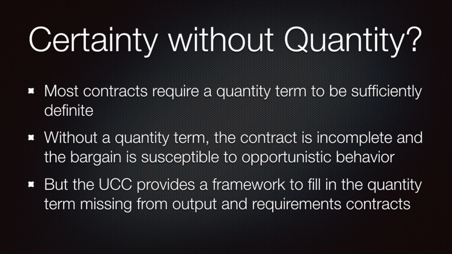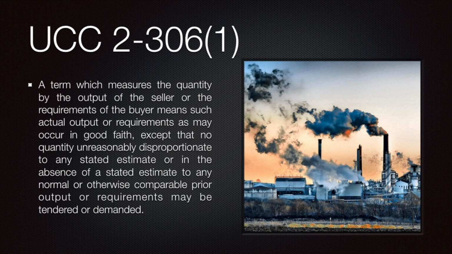And again, quantity is usually a required term so that contracts can be sufficiently definite. Without the contract having a quantity term, it's susceptible to this opportunistic behavior because it's incomplete. However, the Uniform Commercial Code recognizes that these types of contracts are commercially necessary and provides a framework to fill in these missing terms. UCC Section 2-306(1) provides a term which measures the quantity by the output of the seller